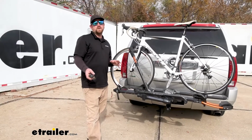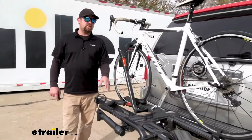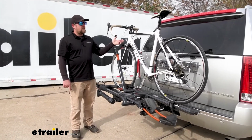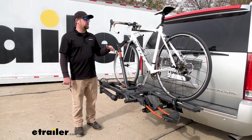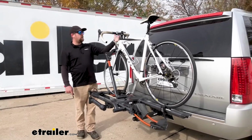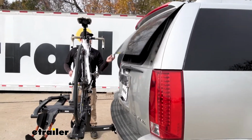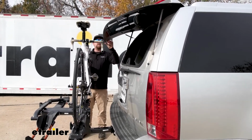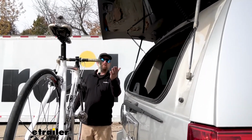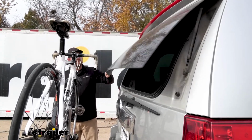I do want to address one of the big questions that we get asked all the time in regards to these platform style bike racks, is if you're still going to be able to get into the back of your SUV. And the answer is yes, and that holds true for not only the glass but the rear hatch as well. So it's actually pretty nice with our bike on here. If we just need to get into the glass, this still opens up. It's really close to the handlebar, but this is going to depend on how wide your handlebars are too. If you've got really wide handlebars, you may or may not be able to open this up. So that's pretty convenient. You can still get in there,